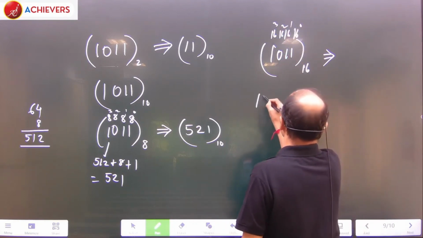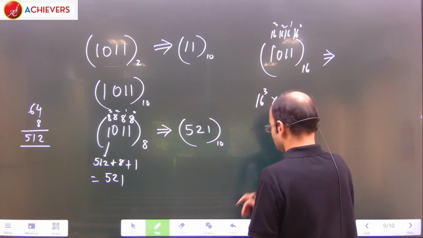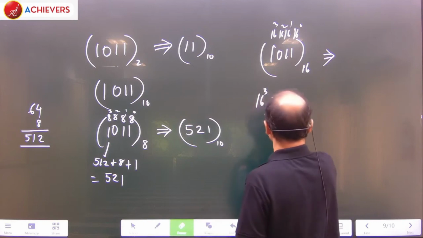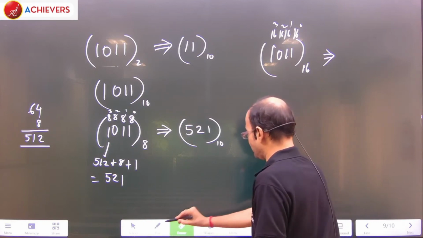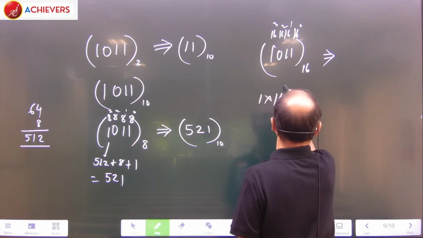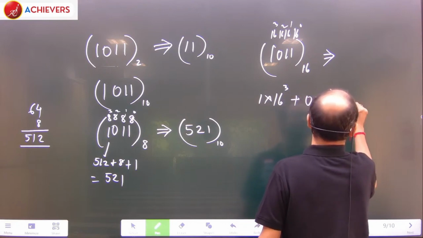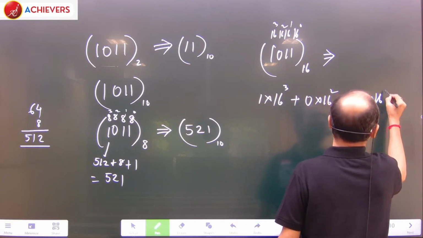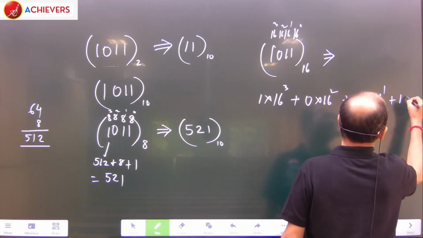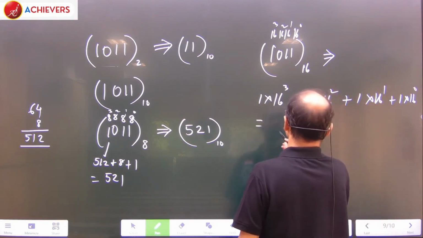In other words, we can represent 1 into 16 to the power 3 plus 0 into 16 to the power 2 plus 1 into 16 to the power 1 plus 1 into 16 to the power 0. So that will be equal to